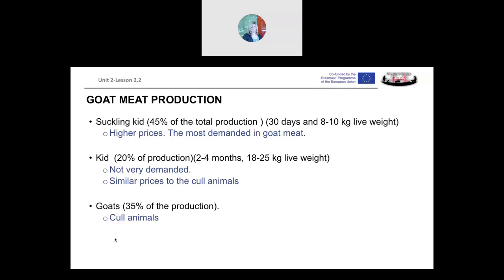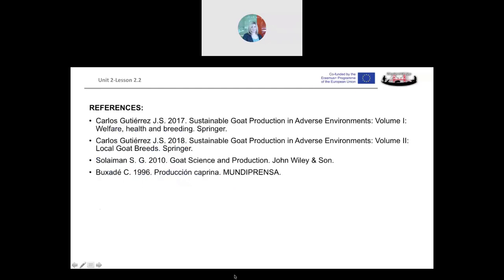They cannot meet the expectations of production and reproduction that in a usual farm, in a farm that has to have some benefits, we need. So because of that, these animals are discarded from the herd. And finally, you have here some references in case you want to look for more